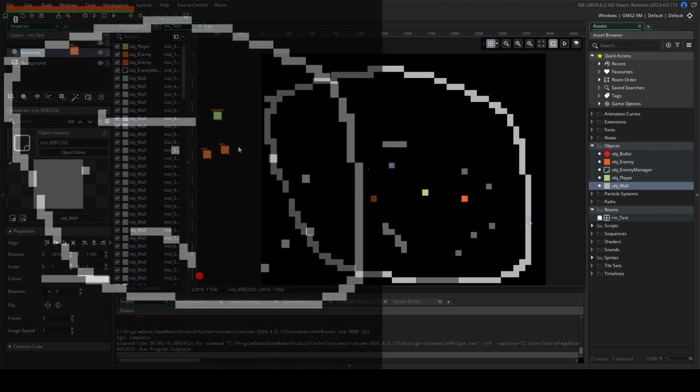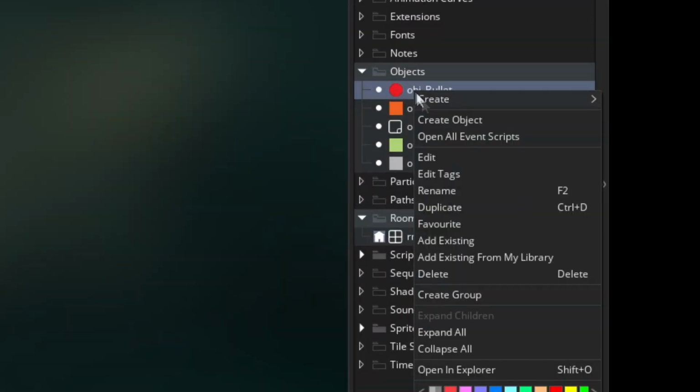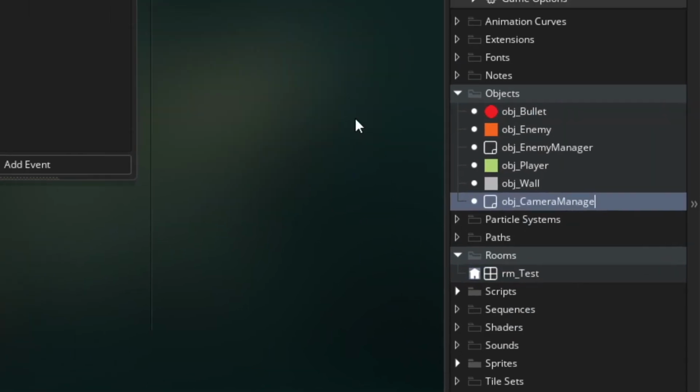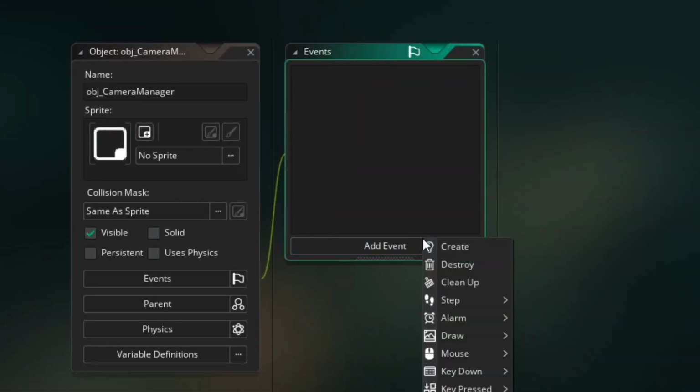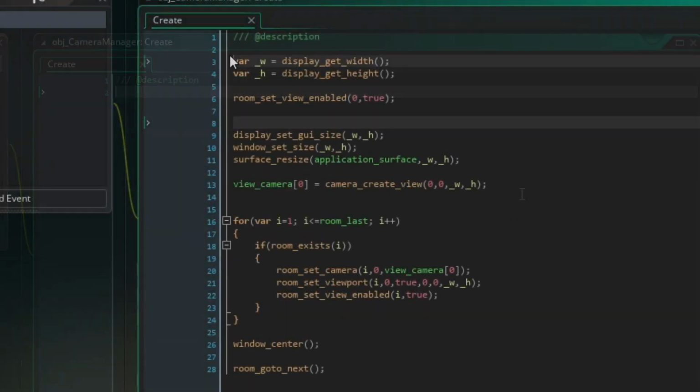Now you've got a bigger space to move around in, but the camera's all zoomed out because your view is currently decided by your first room. So let's make an object called Camera Manager. As soon as the game starts, it's going to do a few things to make the game full screen and make sure we're not seeing further than we want to. There's a lot you can do to make this work on multiple resolutions, but for now let's just make sure